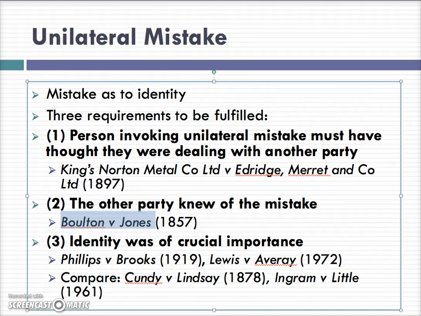However, we need to contrast these cases against other cases, such as Cundy and Lindsay. In that case, a crook passed himself off as a company called Blank Iron. Now, in contrast to King's Norton Metal, this company, Blank Iron, actually existed. Therefore, Lindsay, who were the manufacturers of handkerchiefs, went ahead and sent out the order on credit. Now, of course, just as in King's Norton Metal, they were never paid, and the crooks sold the handkerchiefs on to someone else, an innocent third party. When the innocent third party, Cundy, refused to return the goods, the matter went to court.